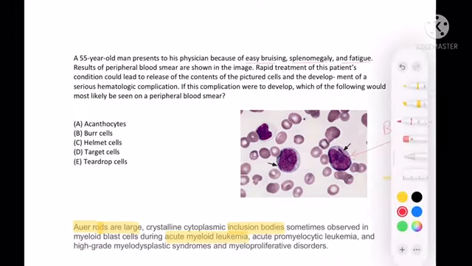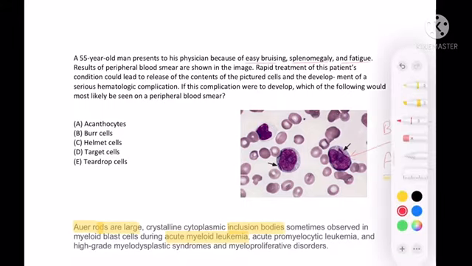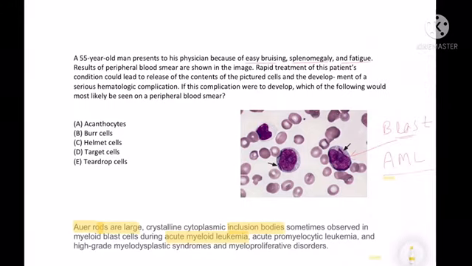So we can see these Auer rods in case of AML, acute myeloid leukemia. We can also find them in acute promyelocytic leukemia and high-grade myelodysplastic syndrome and myeloproliferative disorders, but it is more specific